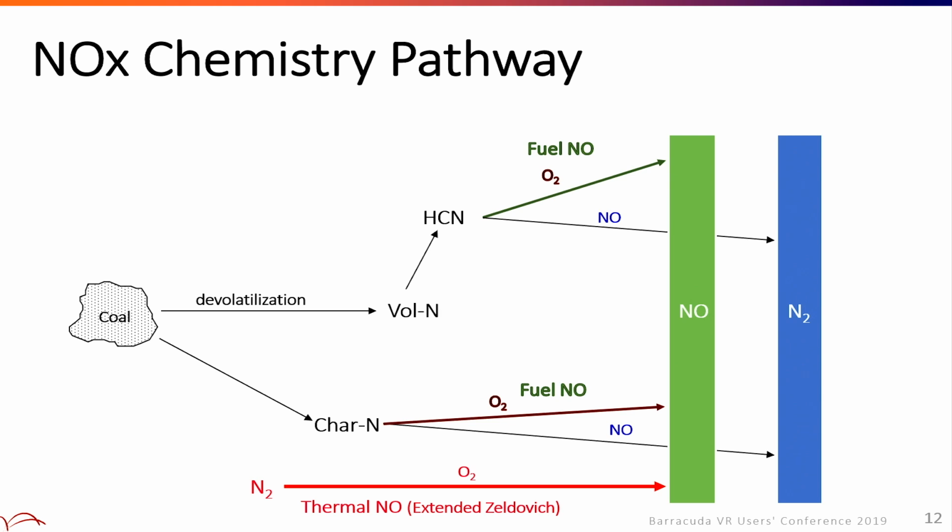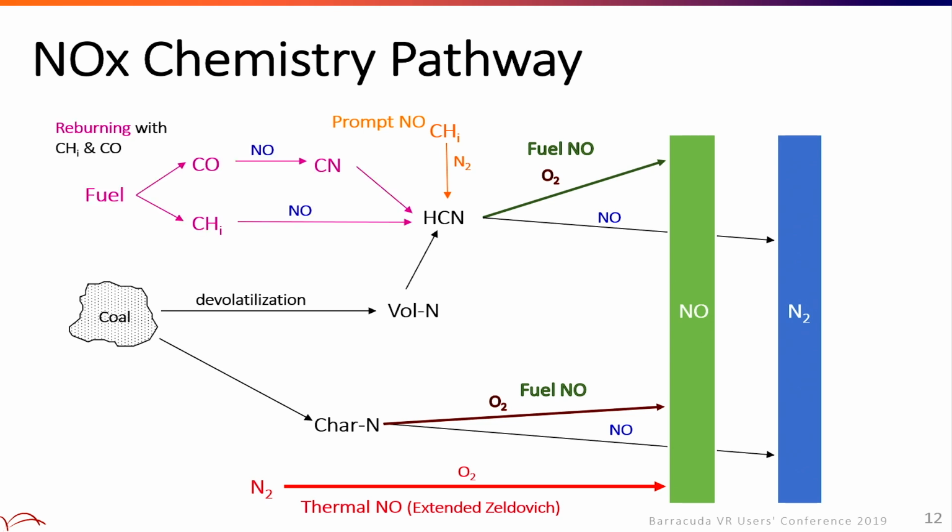Another route is the thermal NOx. At high temperature, nitrogen can react with oxygen to form NO. Another mechanism is prompt NO. Hydrocarbons react with the nitrogen and form precursors, such as HCN, to form NO. There's another, the reburning mechanism. Fuel can form CO, unburned, and then the hydrocarbons can react with NO to form HCN that can follow this